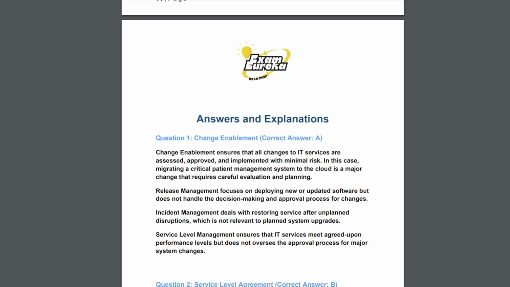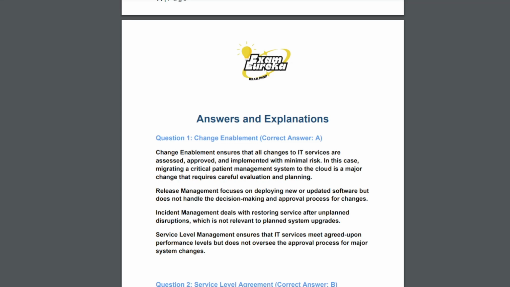and planning. Release management focuses on deploying new or updated software, but does not handle the decision-making and approval process for changes. Incident management deals with restoring service after unplanned disruptions, which is not relevant to planned system upgrades. Finally, service level management ensures that IT services meet agreed upon performance levels, but does not oversee the approval process